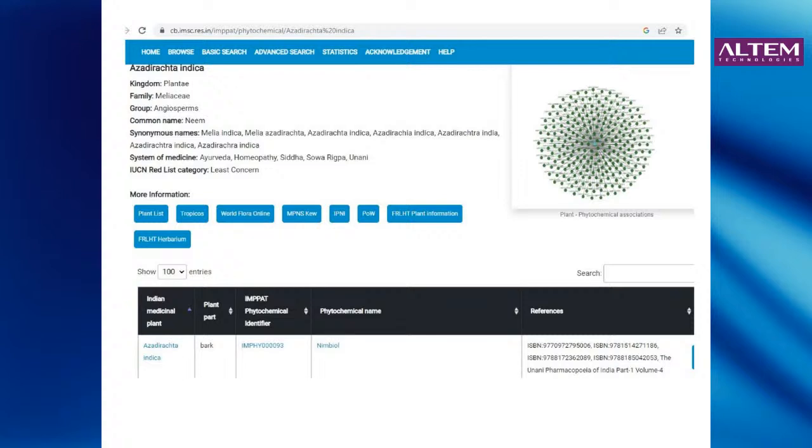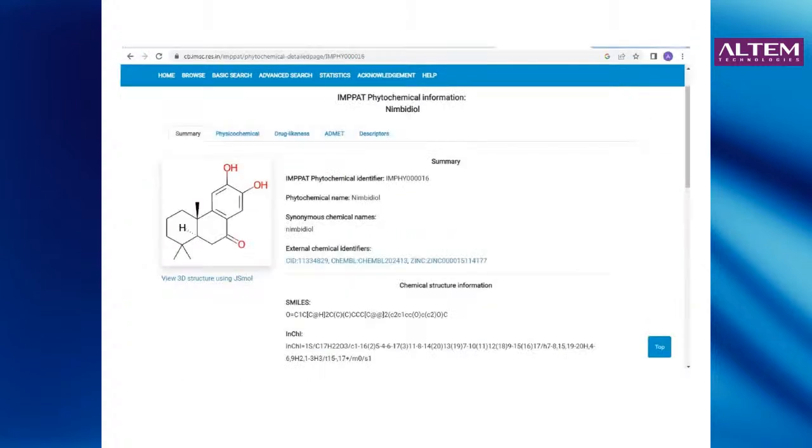So in that website, we chose the neem plant, the biological name Azadirachta indica. There were some 2,000 or 3,000 phytochemicals listed from this neem plant, and they were all listed under different categories: bark, neem fruit, neem seed, neem leaf, or neem root, etc. So many different categories were given. I'm showing you the molecule called nimbayal. The nimbayal is found in the bark of the neem plant. You can see it there.